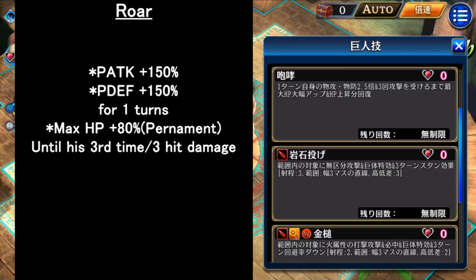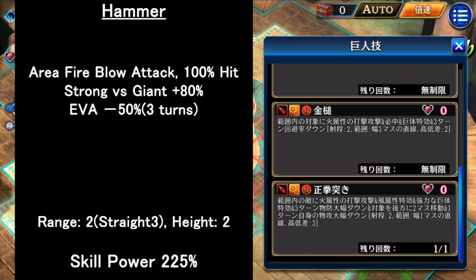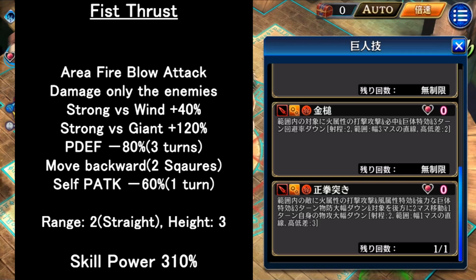And then for the third skill, it is an area non-attribute attack with strong versus a giant, and for 3 turns, the opponent will have the stun status. But beware, all opponents will be getting the damage, so your allies will be getting the damage if they are within the range, so beware. And then the 4th skill is an area fire blow attack and it is 100% hit with strong versus the giant, and for 3 turns, the opponents will have evasion down. Actually, since it is 100% hit,